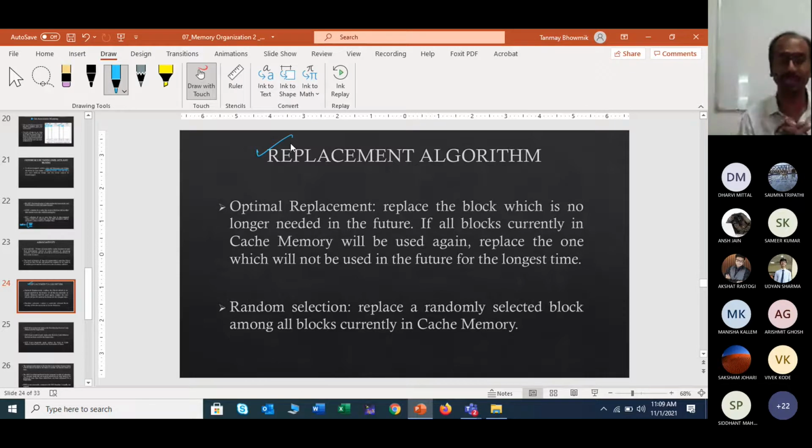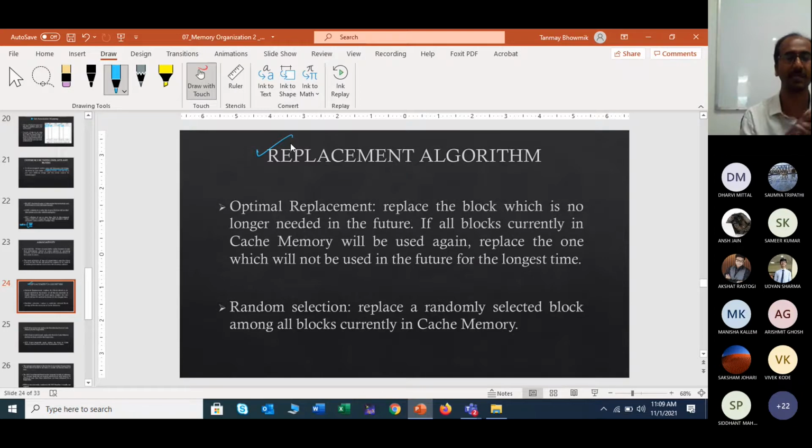If all blocks in the cache memory will be used again, replace the one which will not be used in the future for the longest time. You can think that all of the data are there and you are replacing them one by one.